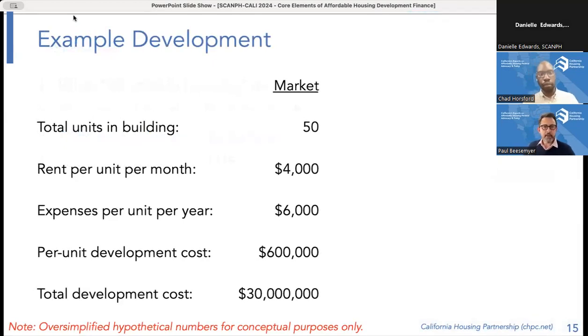Thanks, Chad. So where we're headed here is answering the question, the existential question for the partnership anyway, why do you people have a job that's just doing affordable housing finance consulting? And the reason is it's complicated. So in our previous example, we don't need to go back to it, Chad, but in our previous example, granted, it's very, very simplified, but if I'm a market rate developer, I'm going out and I'm